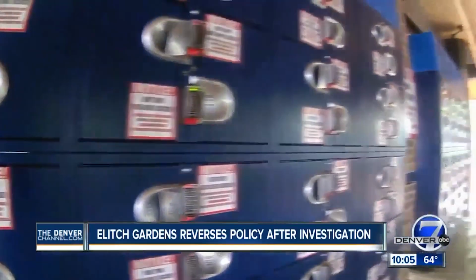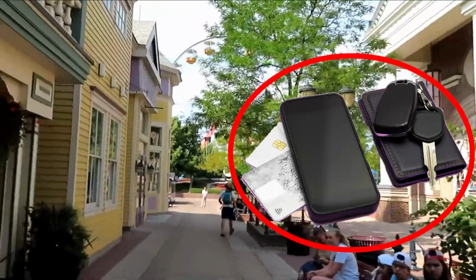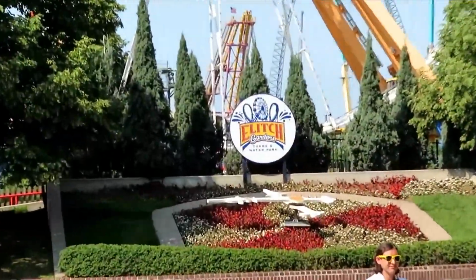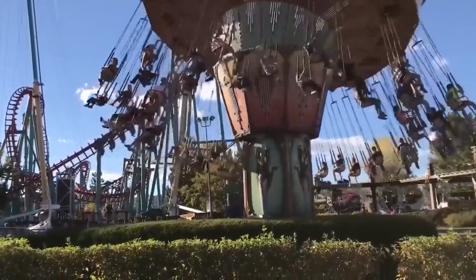I would recommend doing this up front and only keeping the most basic necessities on your person, such as phone, wallet, and keys. Unless you have somebody to leave a backpack with, checking a backpack at each ride can cost you $11 to $13 per locker and can really rack up your total at Elitch Gardens. So I would either recommend checking the backpack into a locker at the beginning of the day or just leaving